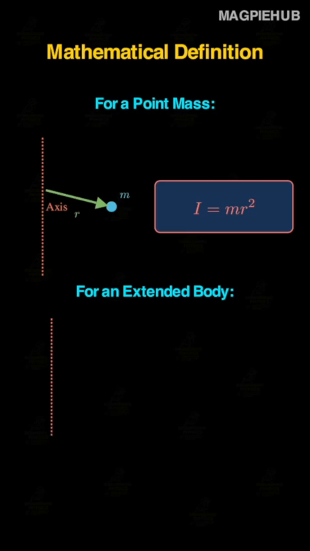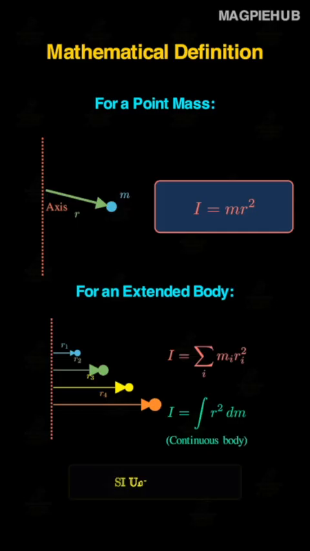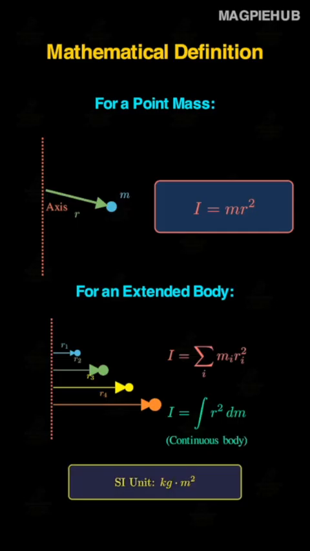But for extended bodies made of many particles, we need to add up contributions from each particle. I equals the sum of m_i times r_i squared. And for continuous bodies, this sum becomes an integral. I equals the integral of r squared dm. This integral is how we derive